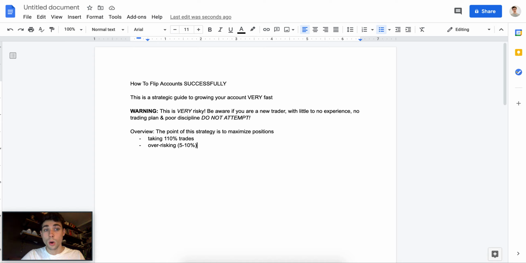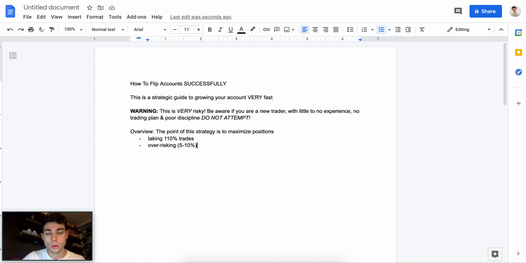How does flipping accounts work? We're taking trades that we're extremely confident on. You ever take trades and you're just like, man, this is so easy. I know this is going to go through the roof. And it does. It literally works out to the T. That's the kind of trades we're looking for, right? Because now we're very comfortable and extremely confident with what we're doing. Now, we're so confident that we're able to over risk our positions. We're able to put in 5, 10, 20% in these positions because we know they're going to go our way,